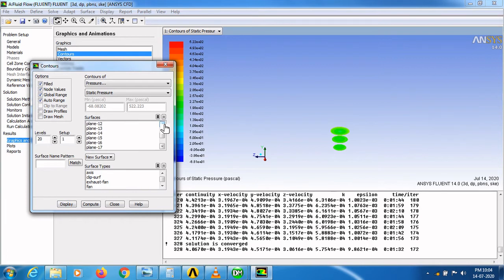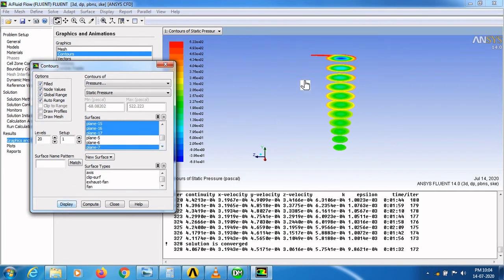Now I have selected all the planes in surfaces option. Now I have created 11 planes in y-axis. Now you can see the results.